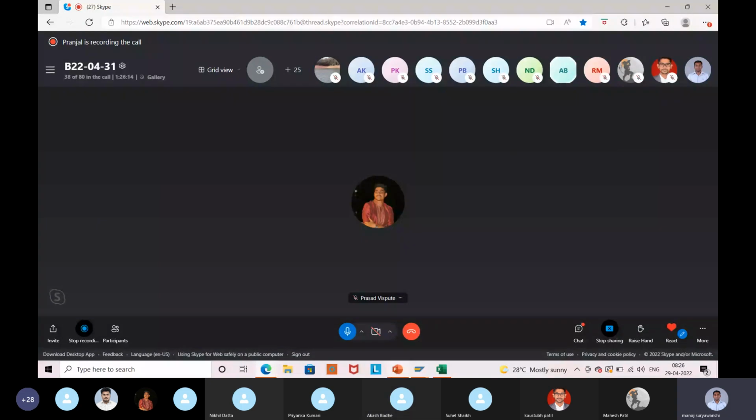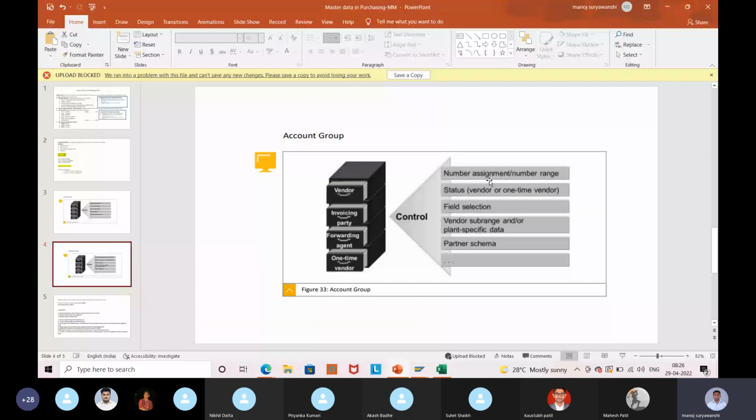So the vendor account group controls these things: number assignment and number range. So whether the number range is internal or external, and what is the number range that is controlled by vendor account group. Status of the vendor master record, whether it is one-time vendor or whether it is a regular vendor. Field selection of the vendor master record is controlled by the account group. Vendor subrange or plant specific data, if you want to maintain, you can configure that based on the account group. And the partner schema, which partner functions you want to use in the vendor master record, that we can control